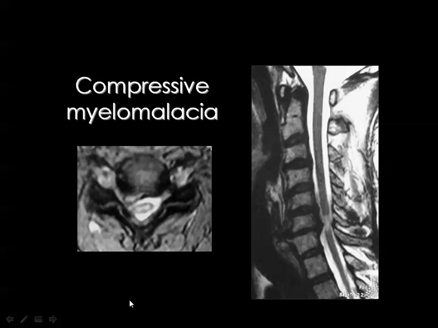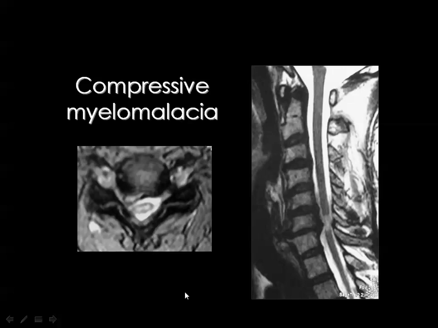Then in the MRI, we just say that there is a big disc, and in this axial image, we know that this disc is a herniation because it's focal and to the right side, encroaching on the foramen, compressing the cord. Then we say that there is a C6-7 right posterolateral disc herniation with significant cord compression at that level. How did we know that this is significant? Because there is a change in the cord parenchymal signal at this level,